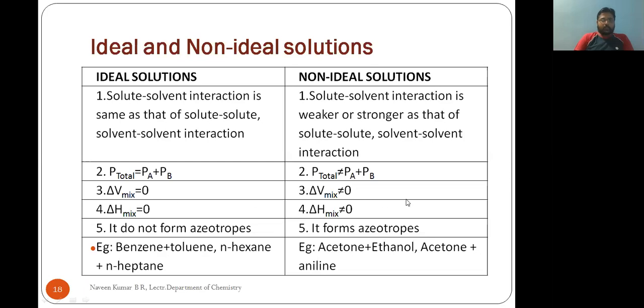Next, if we observe the volume change, for example, if I take 10 ml of one solute and 10 ml of another solvent, the expected volume of the resultant solution is 10 plus 10, that is 20 ml. Mixing both will generally give closer to 20 ml as the resultant volume. That we'll call delta V mix. So delta V, the change in the volume after mixing the solute and solvent, will be equal to V2 minus V1, the final volume of the solution minus the initial volume.